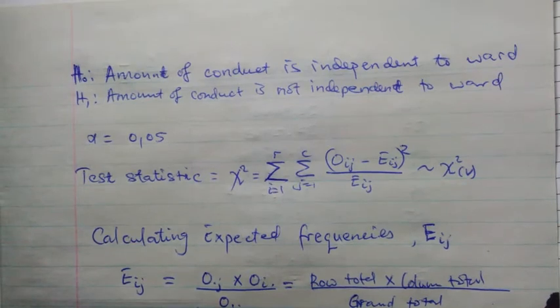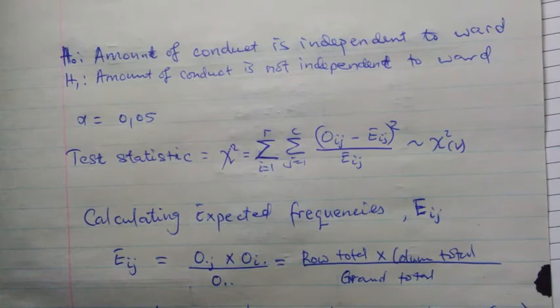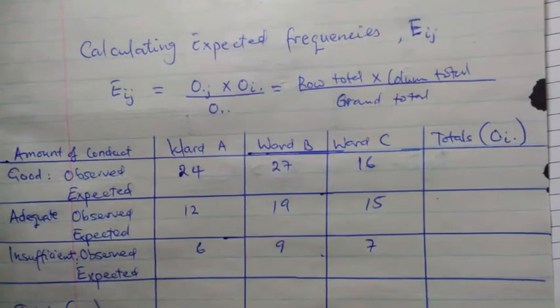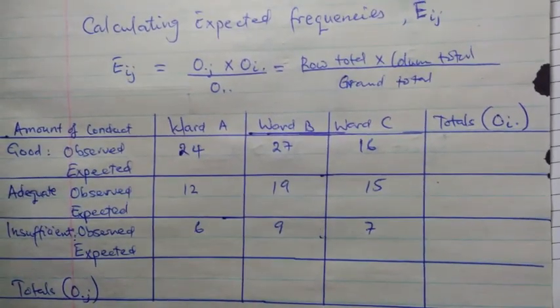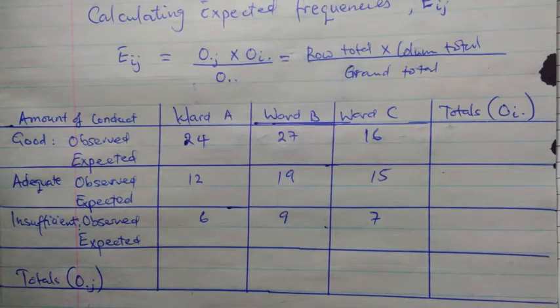So what you are going to do next is to calculate the expected frequencies, our E_ij. To calculate these frequencies, we use the formula E_ij is equal to the row total multiplied by the column total over the grand total. Here I have reproduced our contingency table from the question, but I've added some space for the expected frequencies. So first of all, we are going to calculate the row totals and column totals,